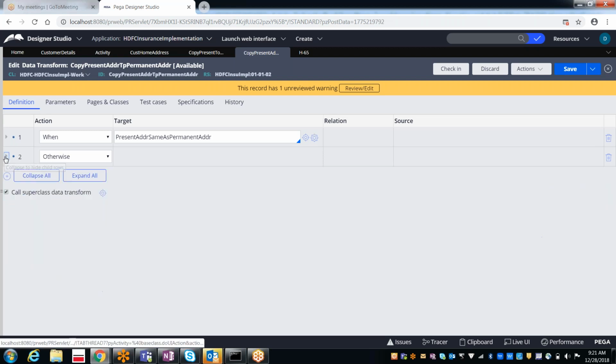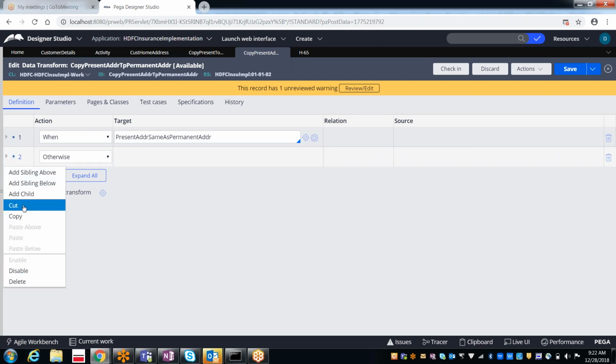So this is the way you can do it. As I said, if you want to call another data transform, press the right mouse button, add a sibling or below or above.